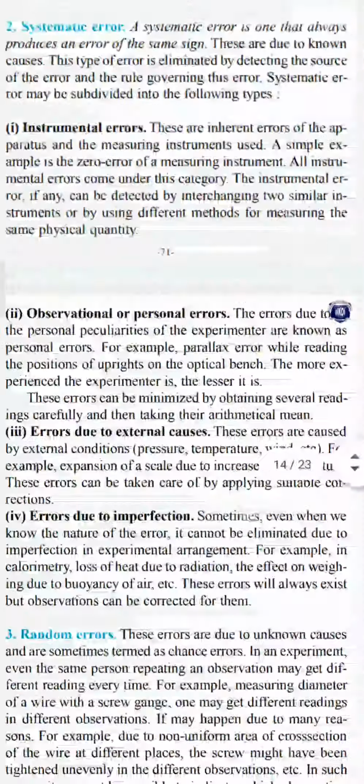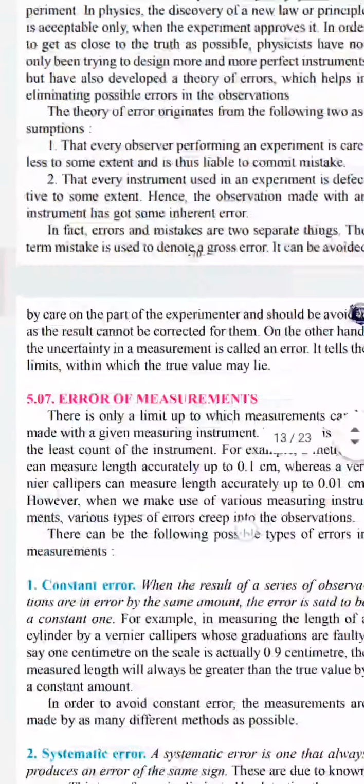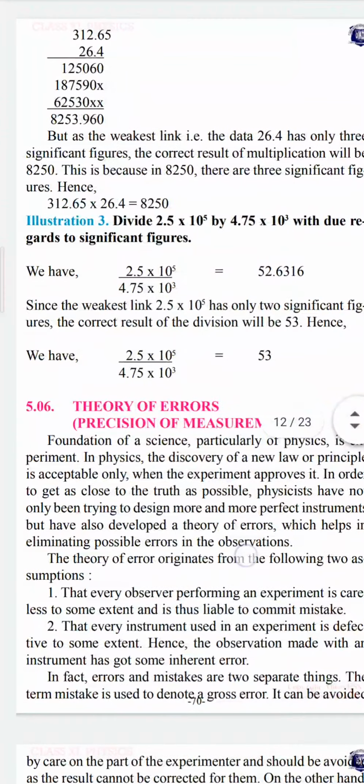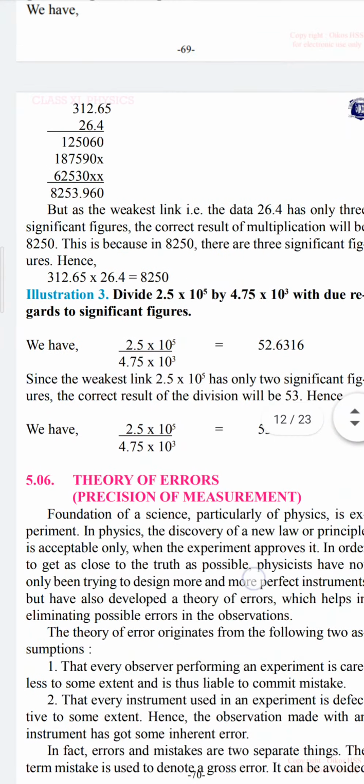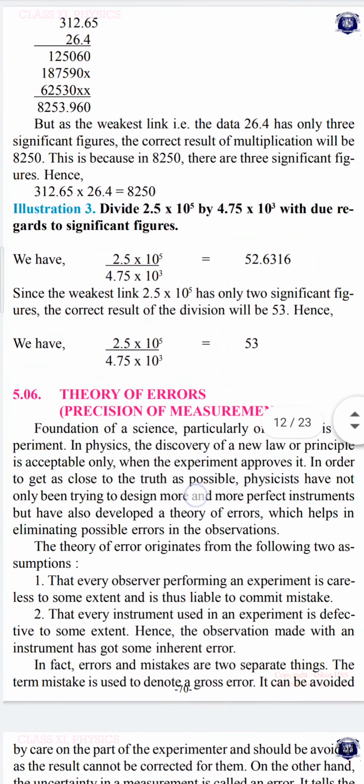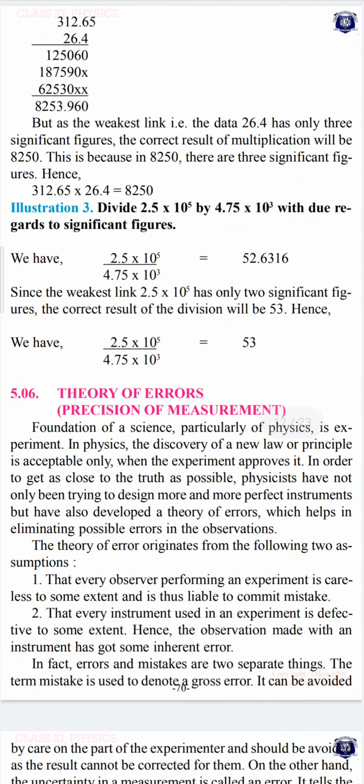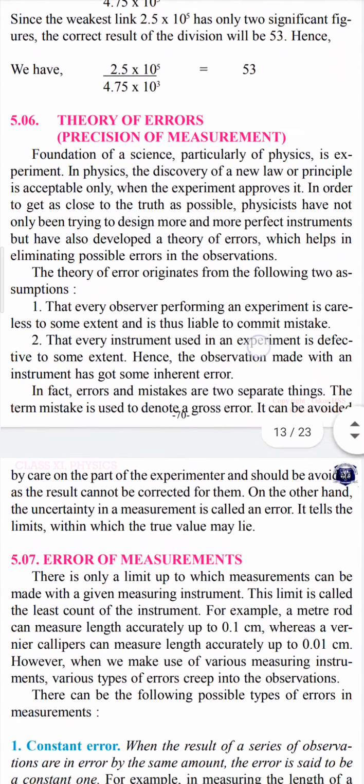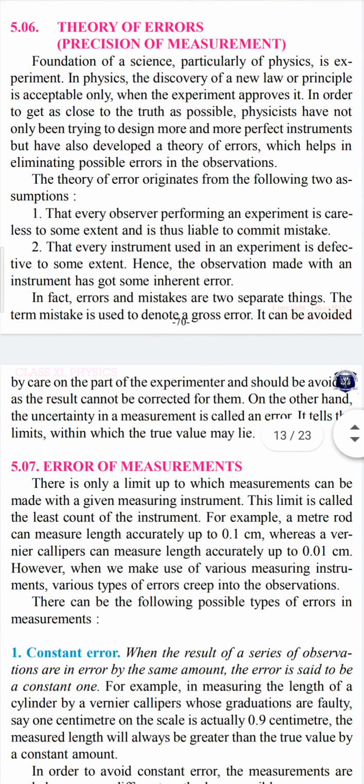5.06 Theory of errors, precision of measurement. The foundation of a science, particularly of physics, is experiment. In physics, the discovery of a new law or principle is acceptable only when the experiment approves it. In order to get as close to the truth as possible, physicists have not only been trying to design more and more perfect instruments but have also developed a theory of errors, which helps in eliminating possible errors in the observations. The theory of error originates from the following two assumptions: